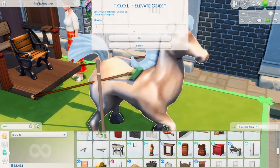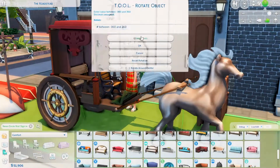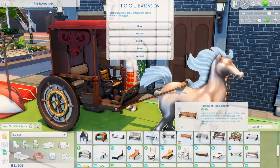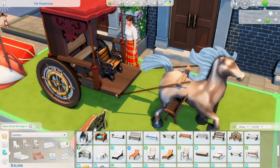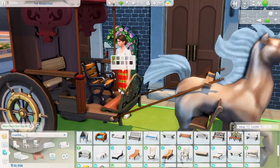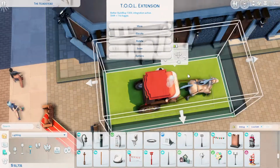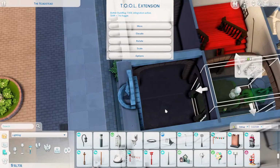So yeah, I did use a lot of the tool mod, but you won't need the tool mod when you download this build because it's CC free and you can use this build the way that I built it. So yeah, it's really fun to share these small educational details about my culture in The Sims, and you can too,